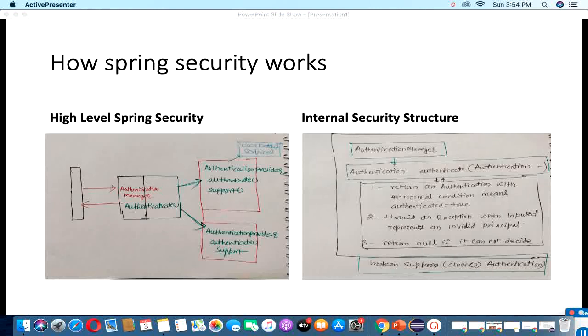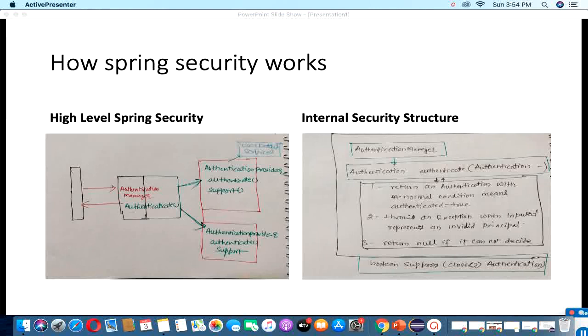If it is matched, then all the user information details are stored in the UserDetailsService class. If it is not matched, then it will show an exception.